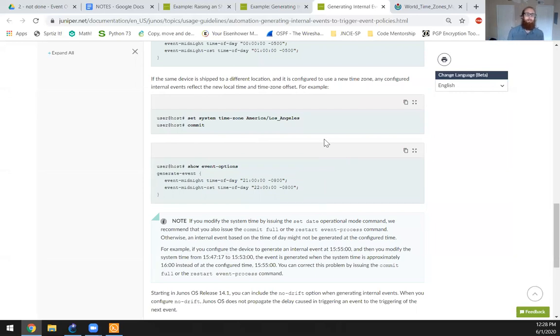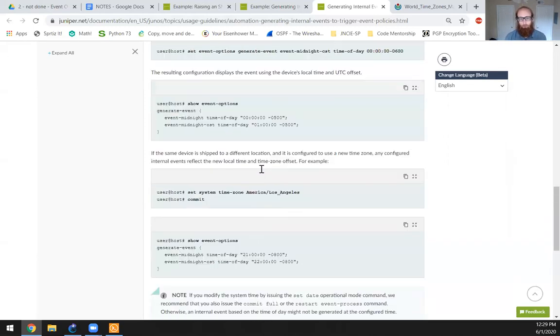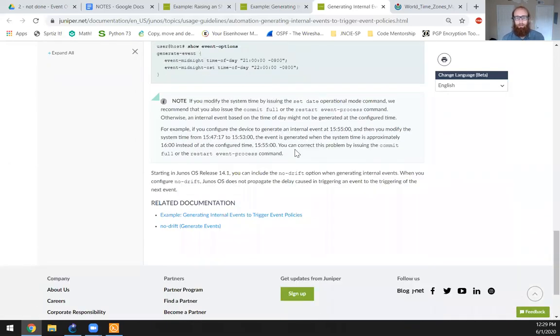If the same device is shipped to a different location and it is configured to use a new time zone, any configured internal events reflect the new local time and time zone offset. For example, if you modify the system time by issuing the set date operational mode command, we recommend that you also issue the commit full or